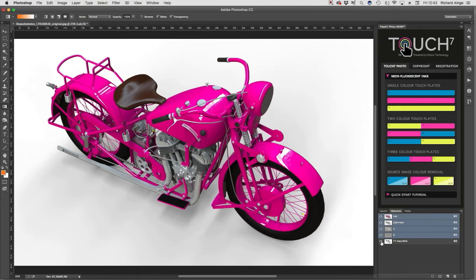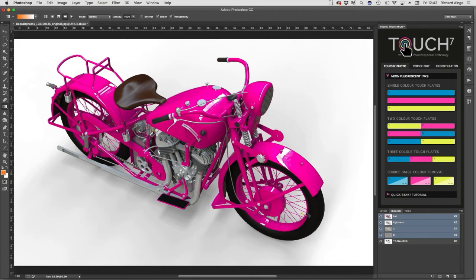However, we want to do something a little bit more creative. So I'm now going to create another separation for the yellow. Now you might be thinking, well, there's no yellow in this image, but I really only need the name of that separation, and I'm kind of cheating here. Instead of making a new spot color, typing in a name and finding out what the LAB value is for the yellow, I'm just going to click this button, and it's going to pull out a couple of areas,